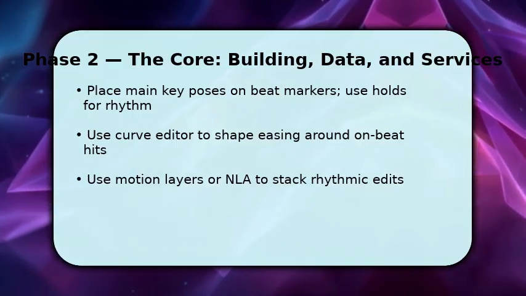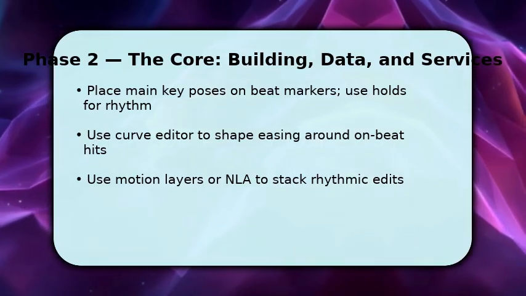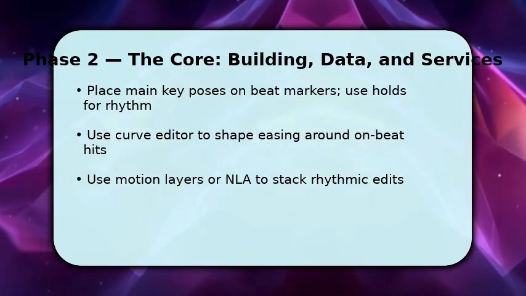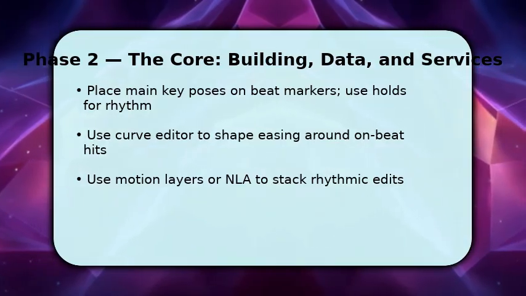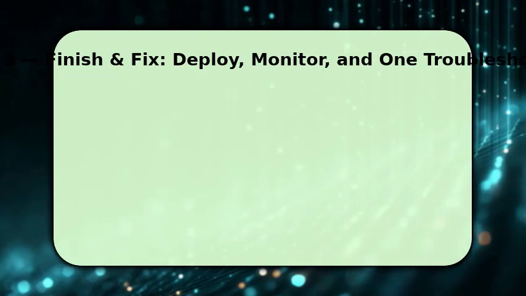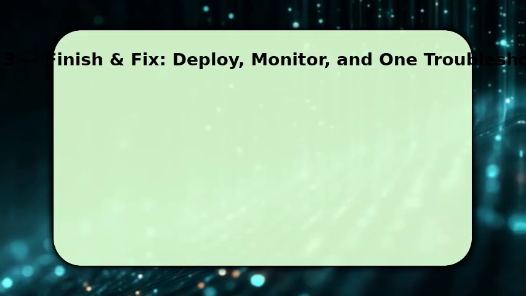Layer secondary motion in a non-destructive track or NLA strip so you can retime without breaking the base animation. By working in layers and with beat markers, you keep timing flexible and musically accurate as complexity grows. Finish by polishing motion around the beats, tighten curves, add micro adjustments, and then create a playblast at the final